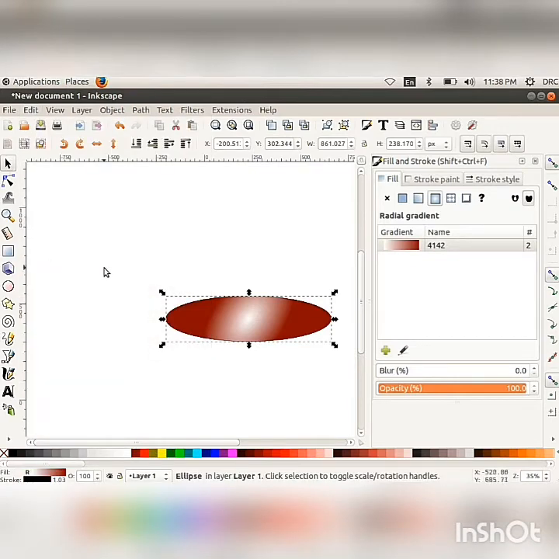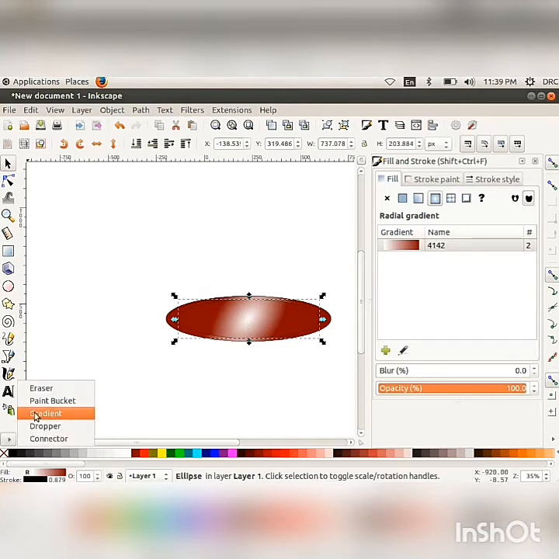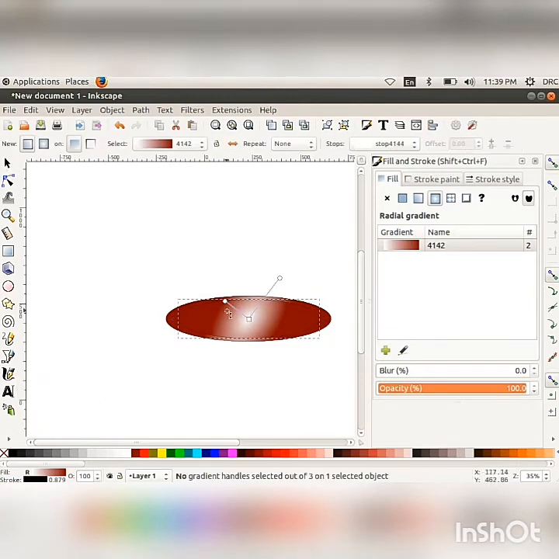To create a duplicate of the image, click on Edit menu, Duplicate option. The duplicate image is created. Reduce the size of the duplicate image by using the nodes. Then click on Gradient option.